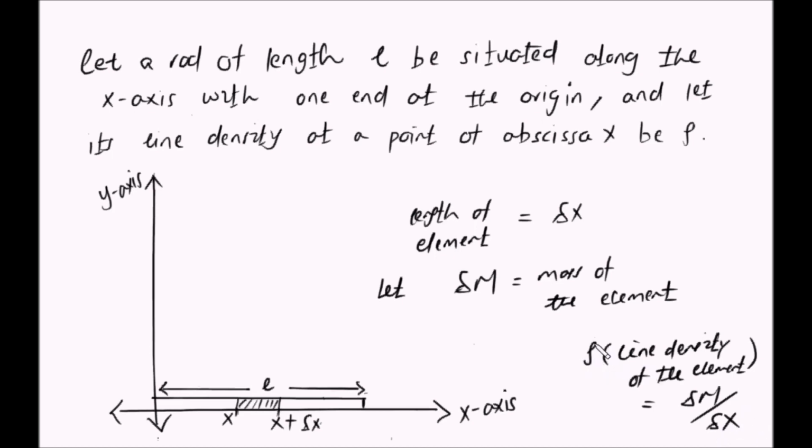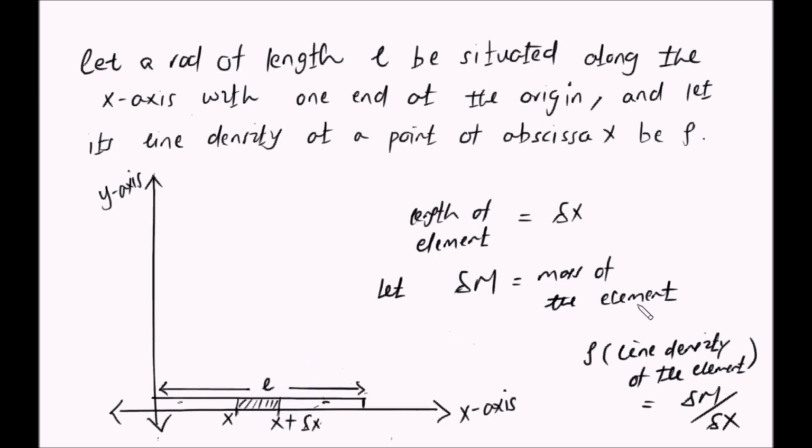So remember hii line density, by the way, it varies with x. So line density ya hapa, kwa mfano hapa ninapo pachorachora sio sana line density ya hapa. So hii line density ambayo sasa delta m over delta x ni line density ya hiki kipande